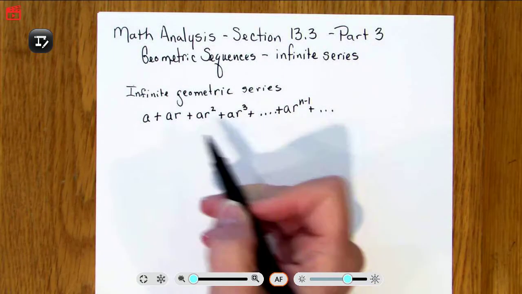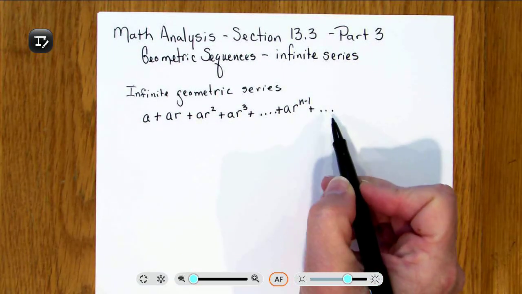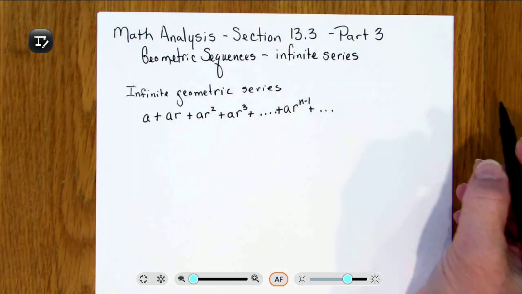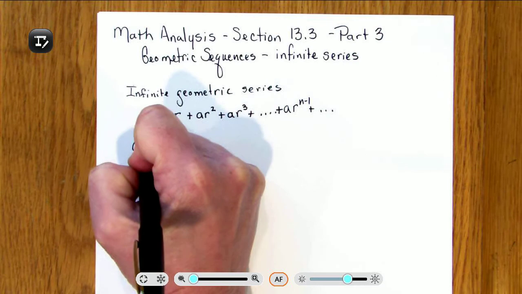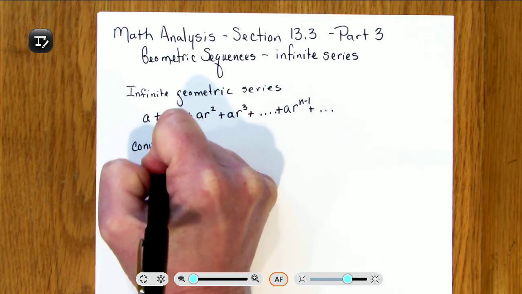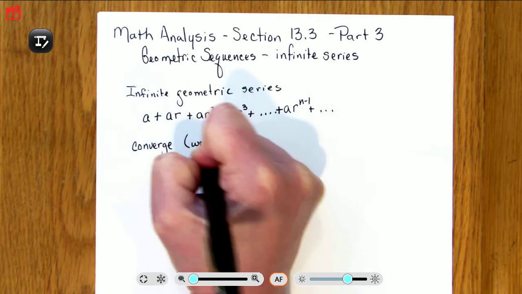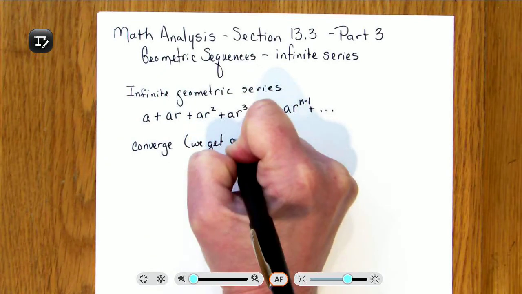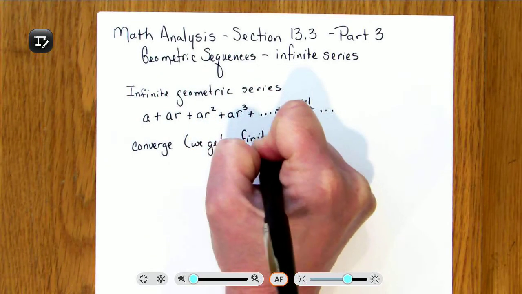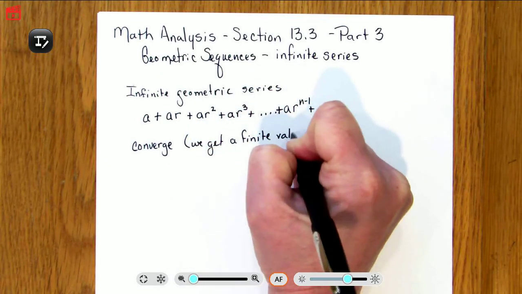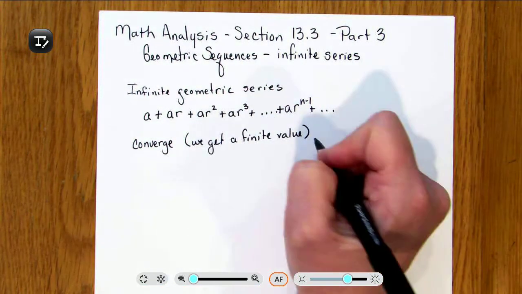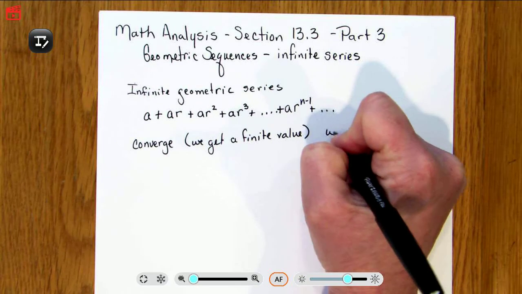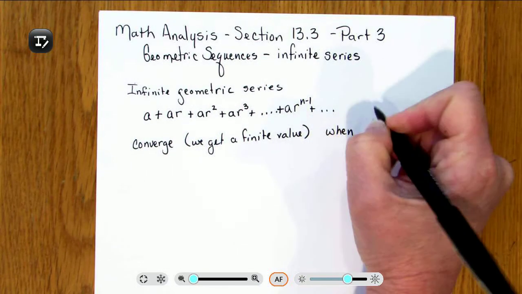Okay, this sequence of adding up continuously does converge. When we say converge, it means we get a finite value. And we'll do a couple of examples so you can understand that. And if it does converge, that happens when the r